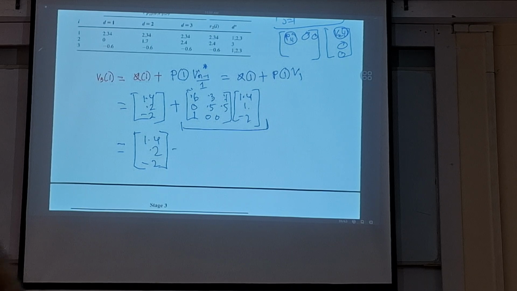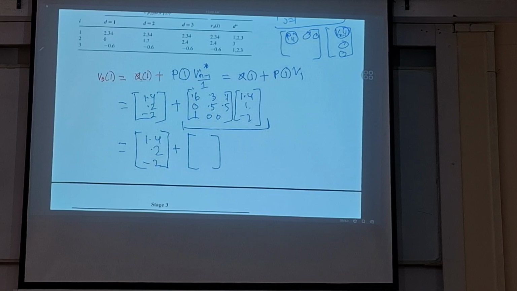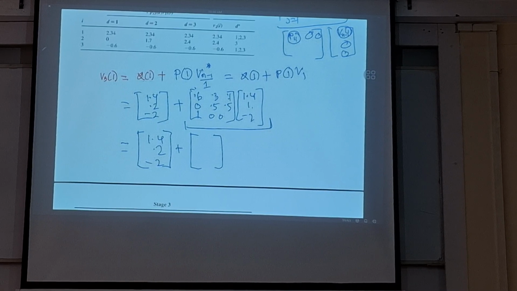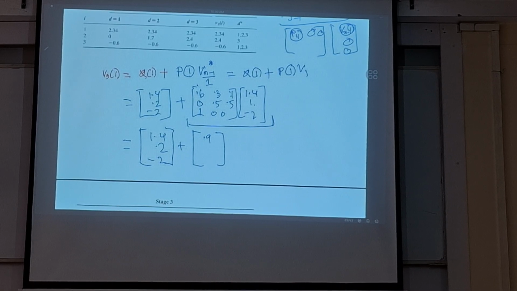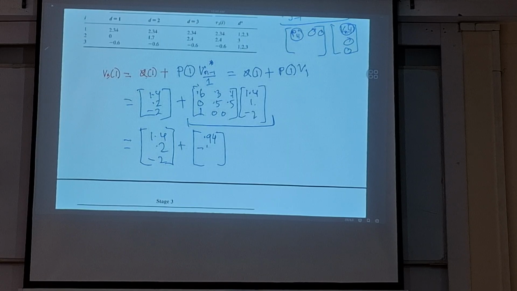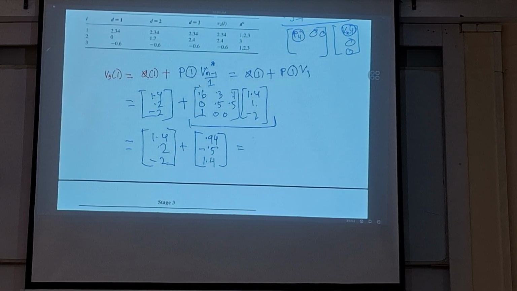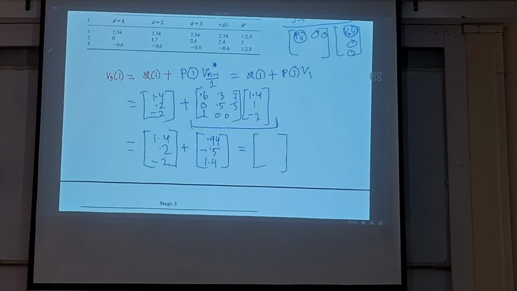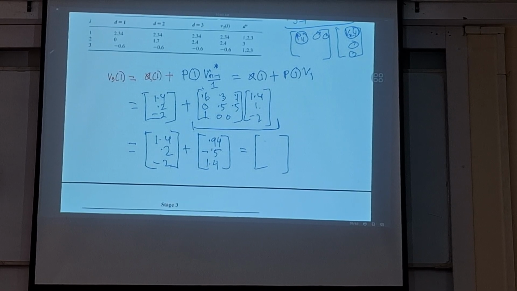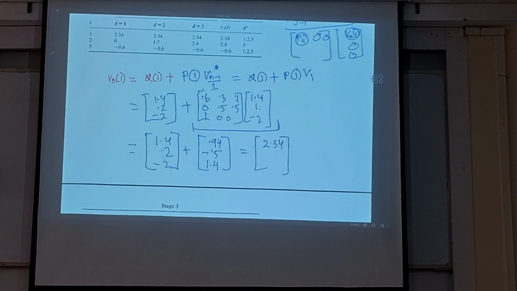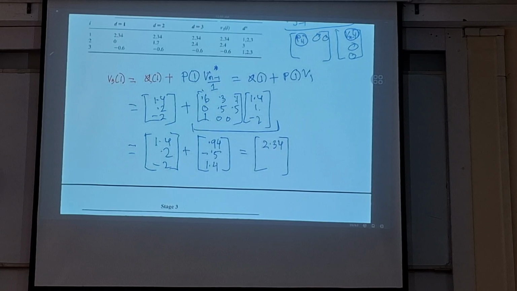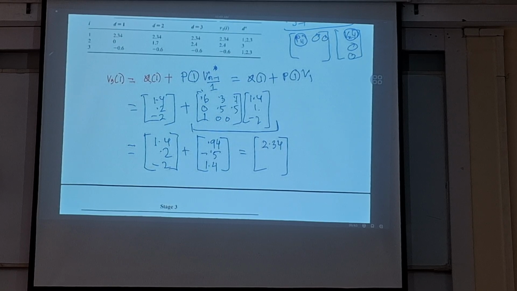And here, this multiplication will result in a value which is 0.94 minus 0.5, 1.4. This actually results in 1.4 plus 0.94 is equal to 2.34. 0.2 minus 0.5, it will be